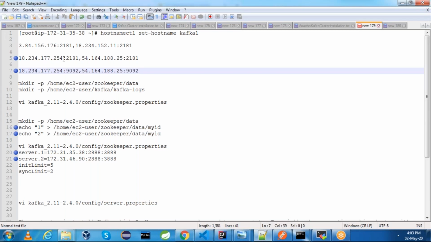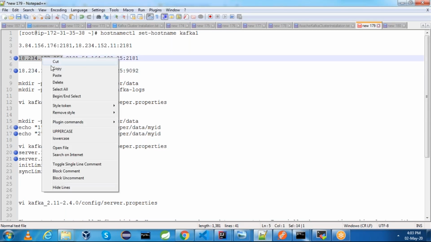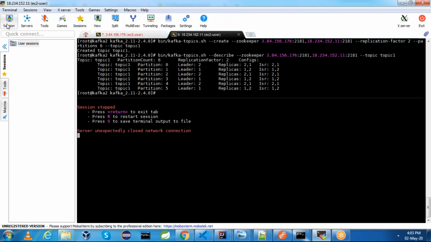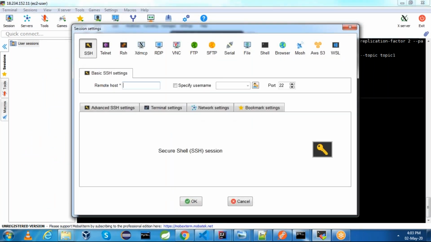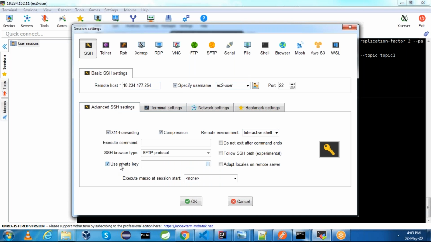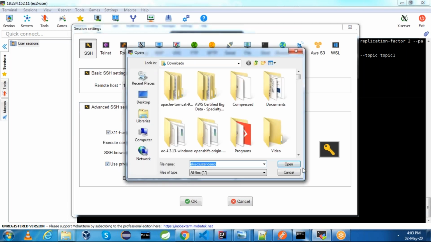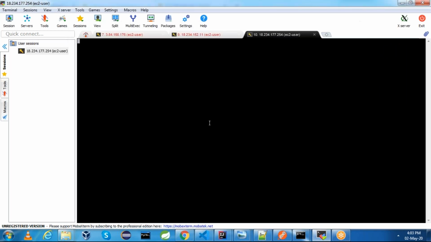Copy the first server IP and connect to it using SSH. The SSH remote host is this. Specify the username ec2-user, then in advanced SSH settings, use private key and select the key pair you have with you.